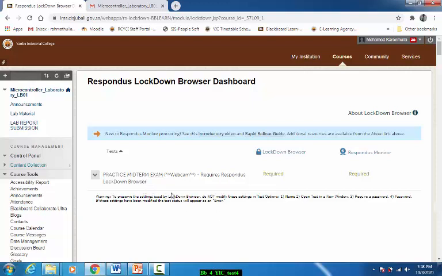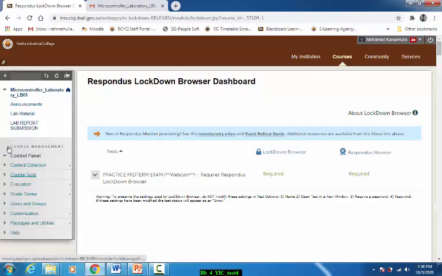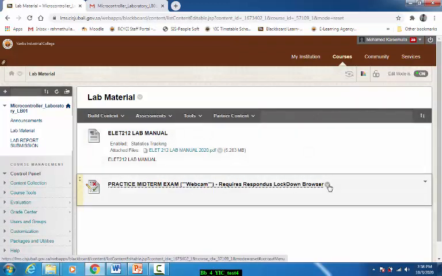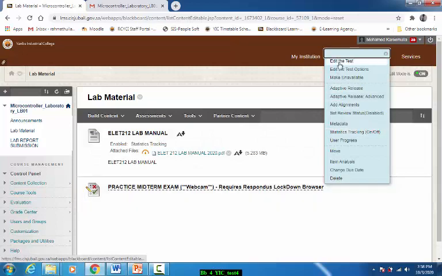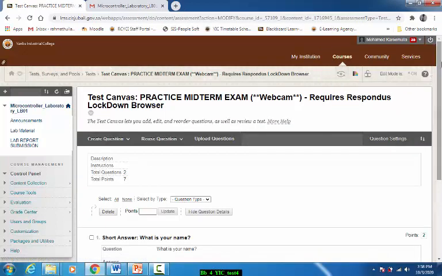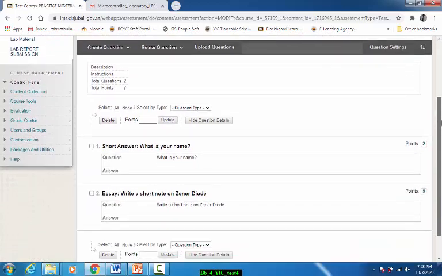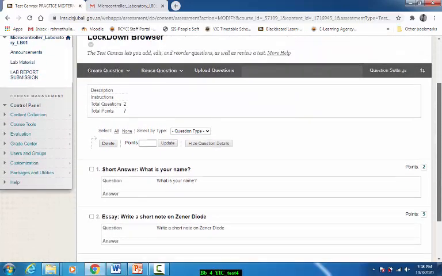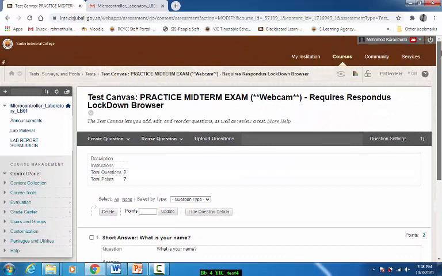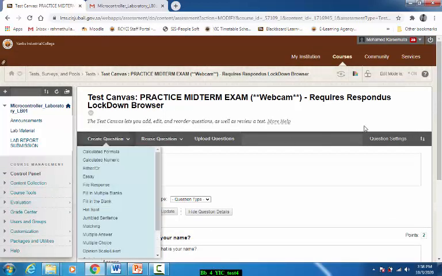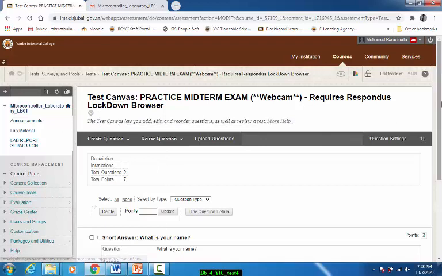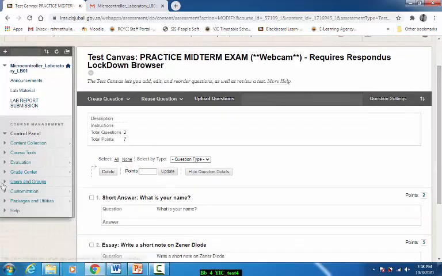And a very important thing is, once you do this, please don't go back to the test and make changes. Don't make any changes in the test now, like adding questions or changing the marks or anything. Don't do any changes now, please. This is very, very, very important. You don't have to do anything once you make this setting, because an automatic password is generated by the lockdown browser. So we should not play with that password.